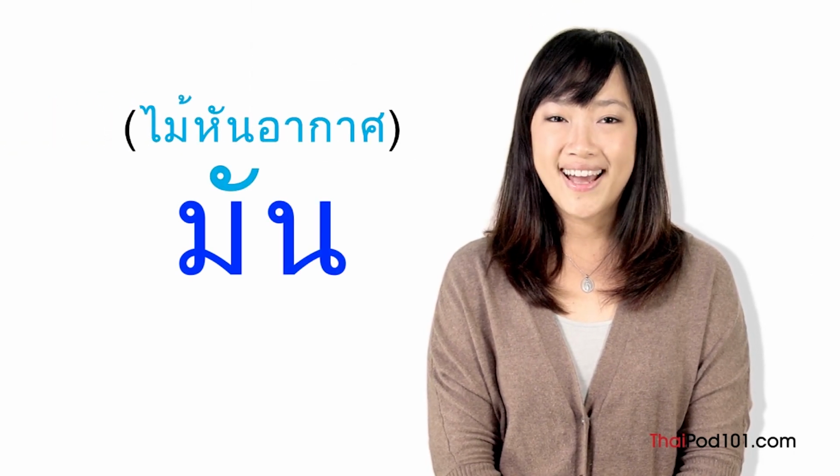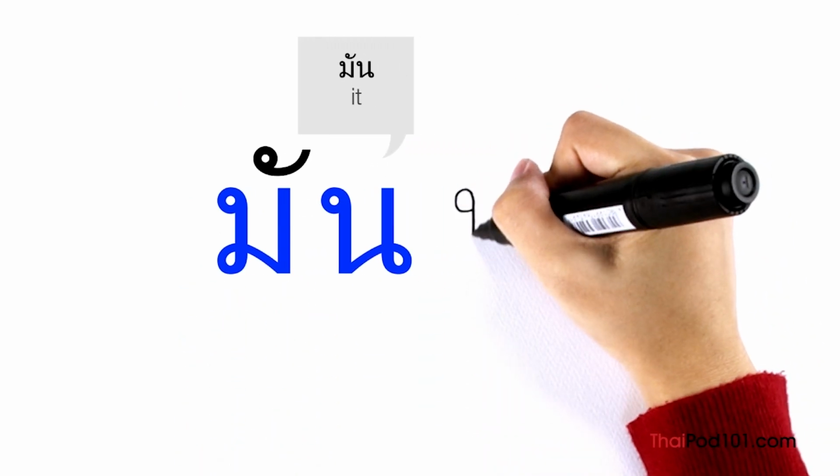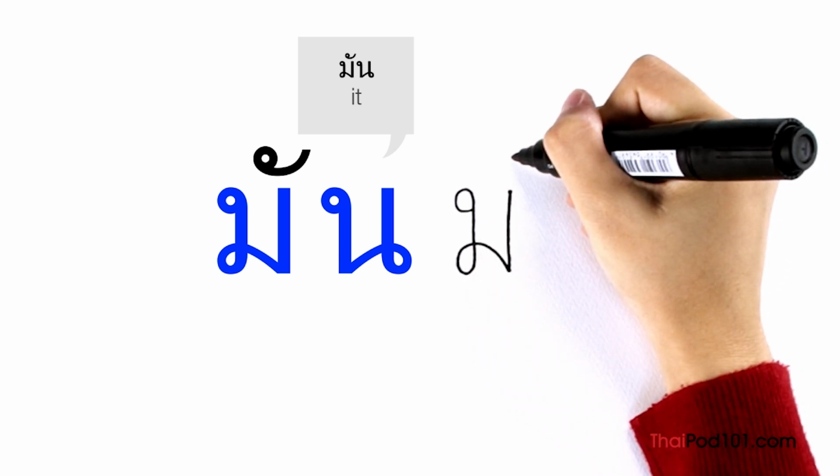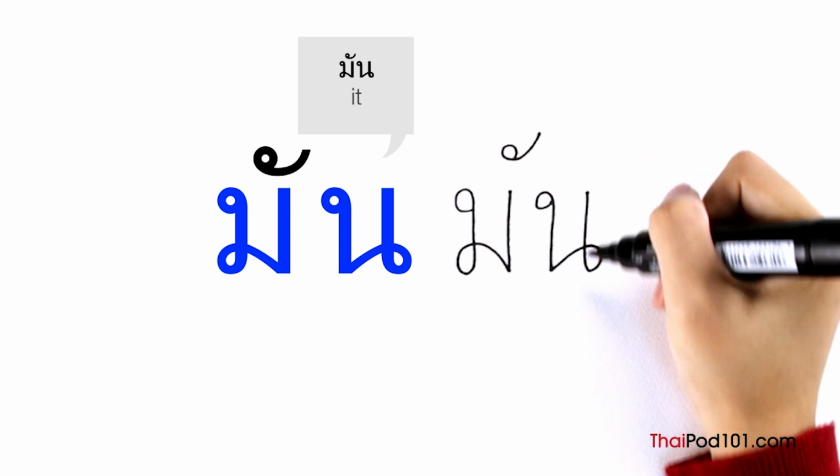We have a special name for this symbol. It's called ไม้หันอากาศ. Let's practice writing มัน. มอม้า ไม้หันอากาศ นอหนู มัน